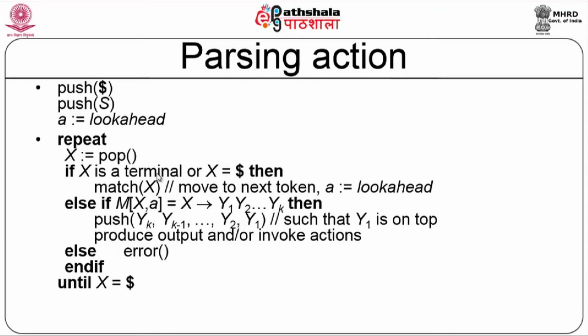Okay. On the third point, if the input is a character, the input is obviously a terminal. If the stack contains a non-terminal, then you do a parsing table lookup on the non-terminal and input terminal combination. Whatever production is available, you pop the non-terminal from the stack and push the RHS of the production onto the stack. You have to ensure that the production, which is read from left to right, is available from top to bottom in the stack. If I am not able to match a production entry in the parsing table, then I know it is going to be an error. So, we have to call the corresponding error recovery routine.